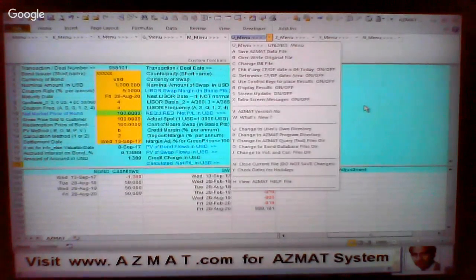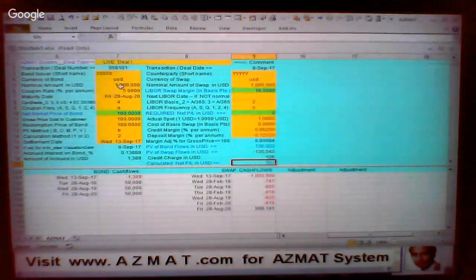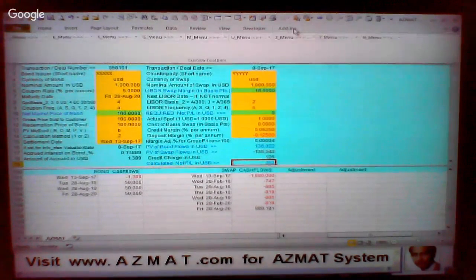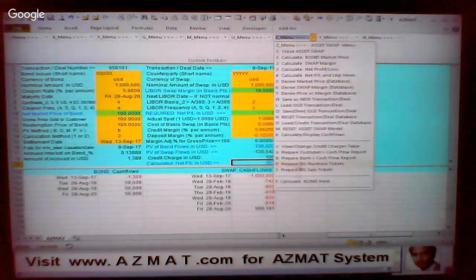So after entering or changing bond swap details or getting the AZMAT System to retrieve previously saved bond swap details from the dealer's own database, the net profit or loss of that swap can be calculated. So once you've loaded the details from, say, an old transaction deal, whatever it is, then you just use from there commands, Z menu,